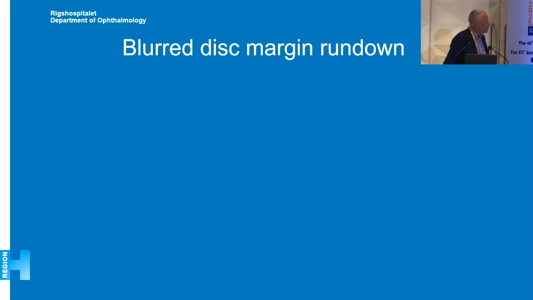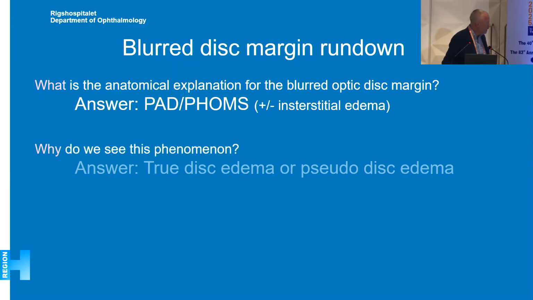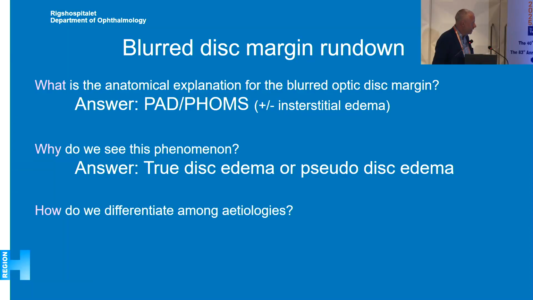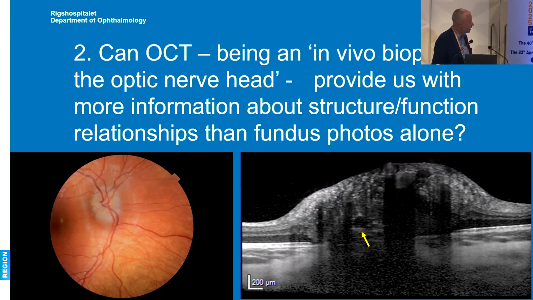All right, so rundown of the blurred disc margin. The reason for it is the PAD or the FARMS. Why do we see this phenomenon? We see it either in true disc edema or pseudo disc edema. How do we differentiate? We do it by clinical evaluation, including ophthalmoscopy and OCT for pseudo disc edema and telltale signs of true edema. Second part, can OCT, being an in vivo biopsy of the optic nerve head, provide us